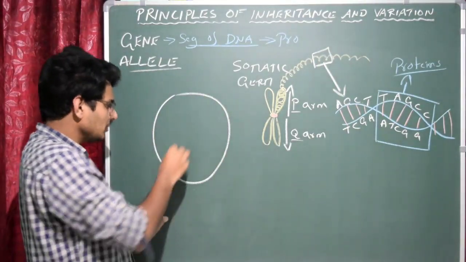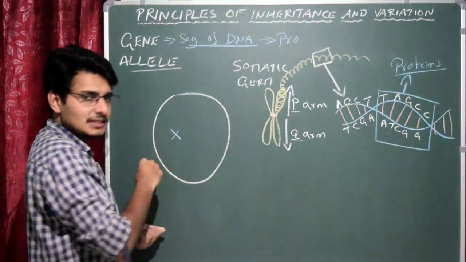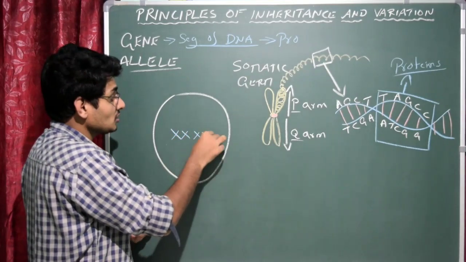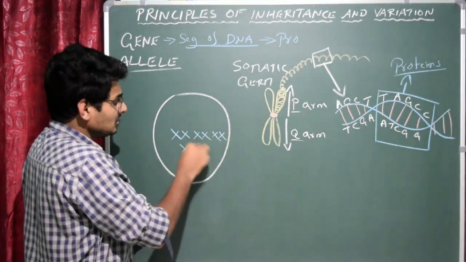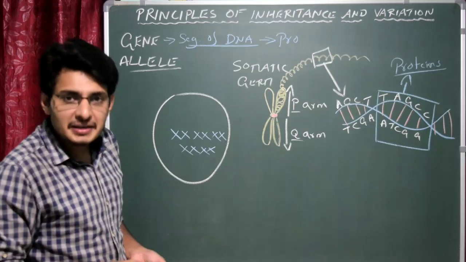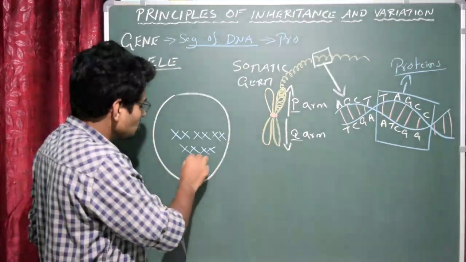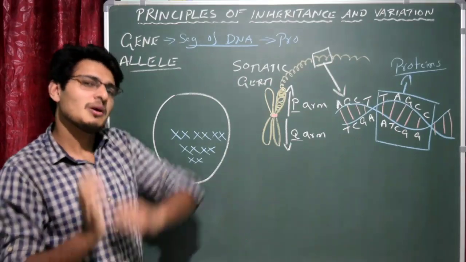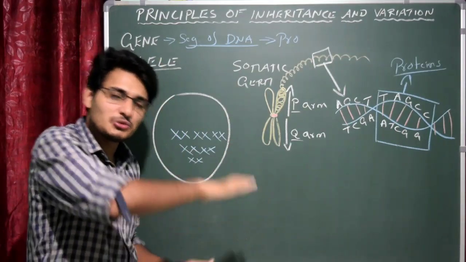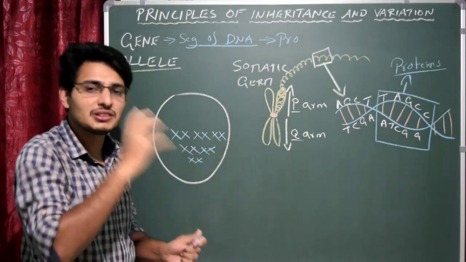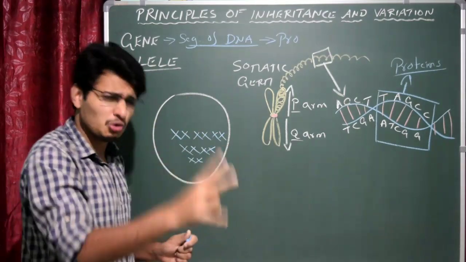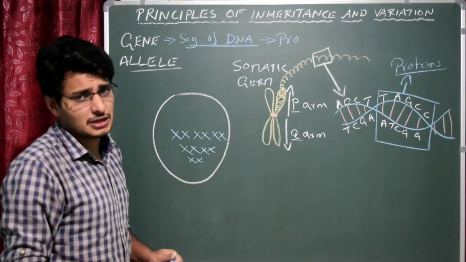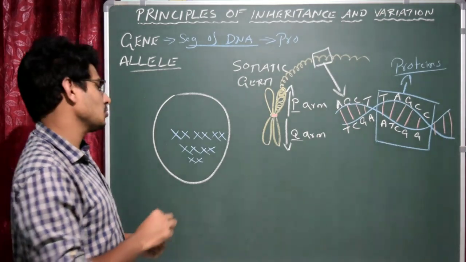We know that in human beings, how many chromosomes are there within each cell? We know that 46 chromosomes are there. Okay, that means 23 pairs, correct? 46 chromosomes are there and that is nothing but 23 pairs. That means each chromosome has its pair. So chromosomes always occur in pairs. That's what I said, 23 pairs of chromosomes will be there.